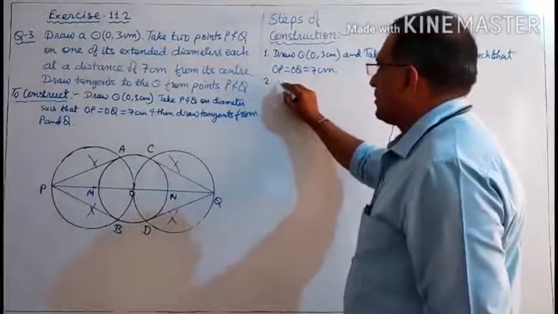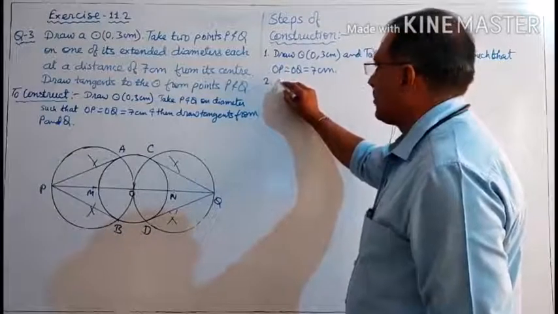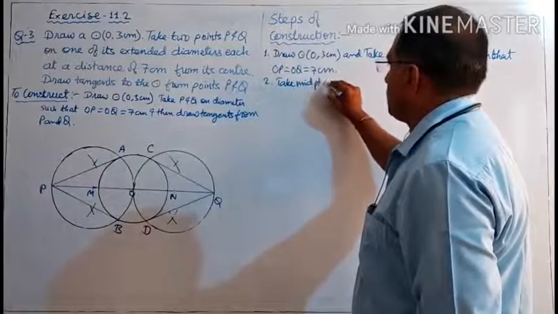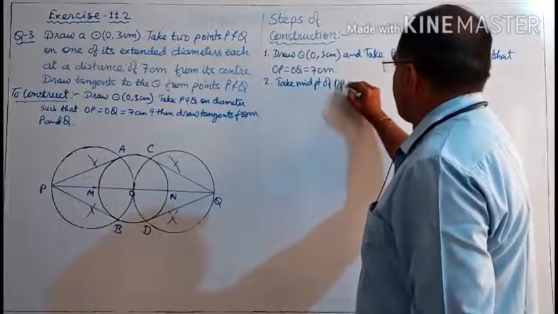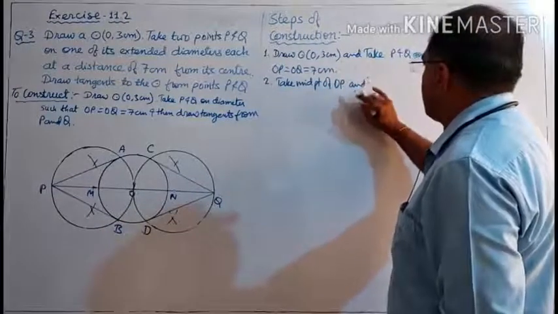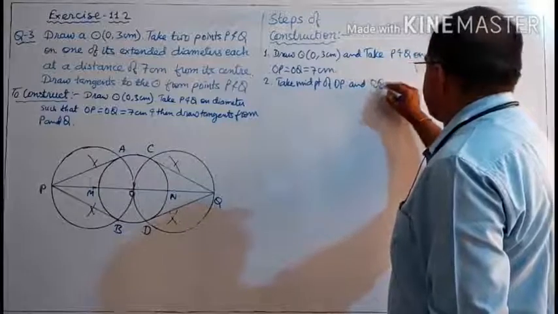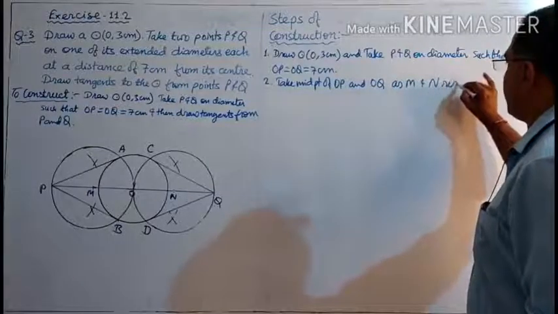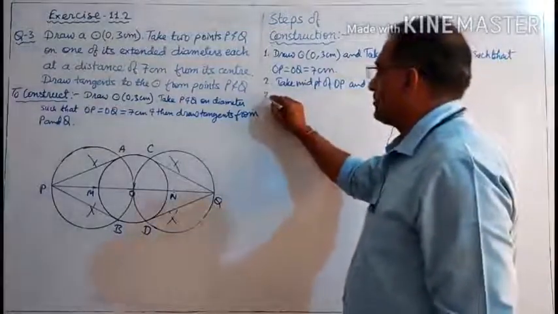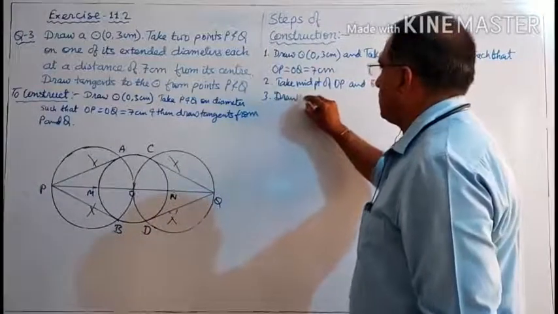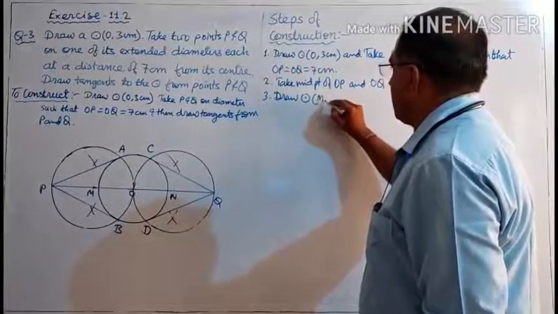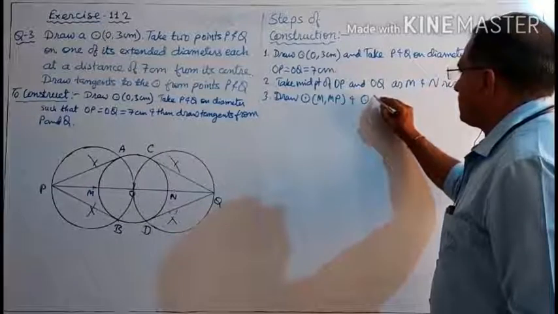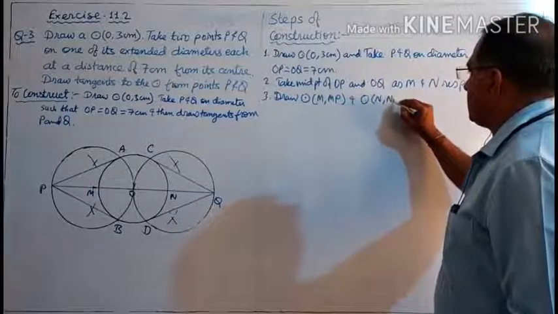So here take the midpoint of OP and OQ as M and N respectively. After getting the midpoints, draw circles. Draw a circle with center M and the radius MP, and a circle with the center N and the radius NQ,